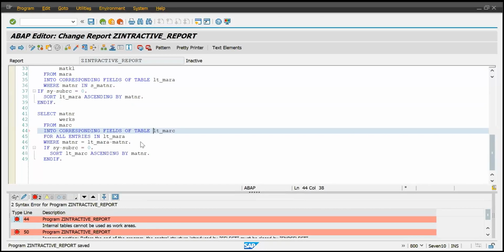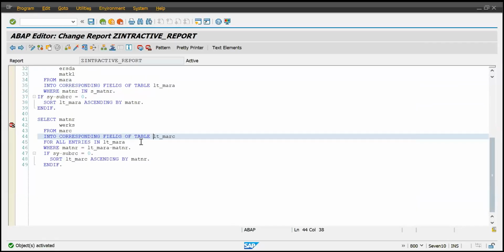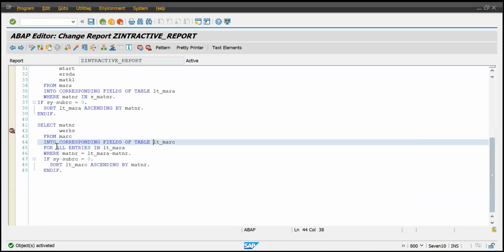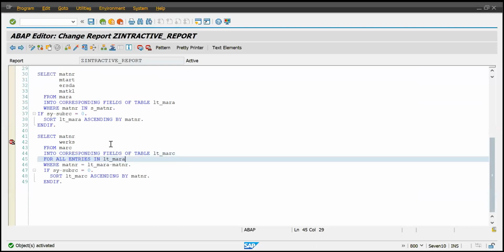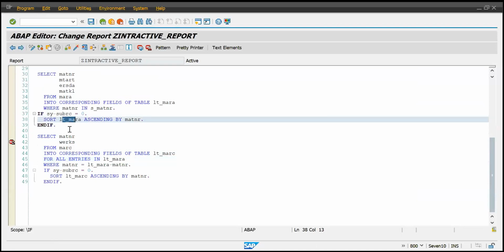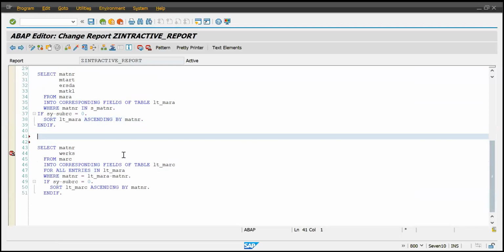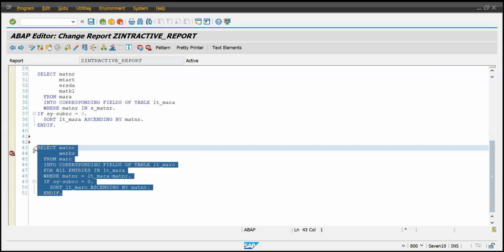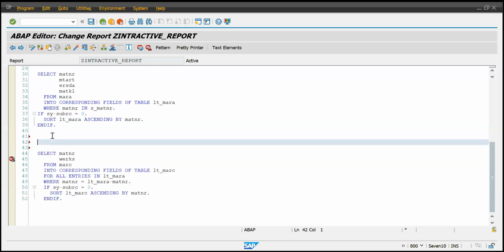Okay, now there is no problem. There is one more interview question that comes here: what is a prerequisite to use the keyword FOR ALL ENTRIES in LT_MARA? The prerequisite is that this table should first be sorted, and the second thing is that it should not be empty. Empty means it should always have data, then only this should be used in this select statement, otherwise it should not be used. So for that, what we'll do is check with this, if